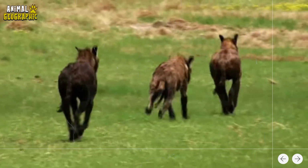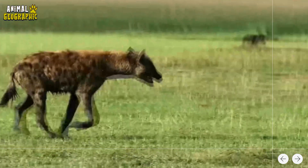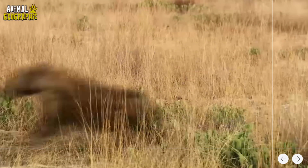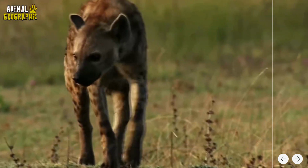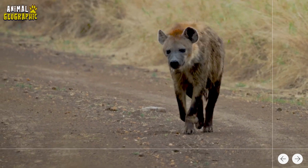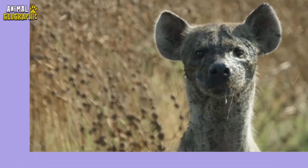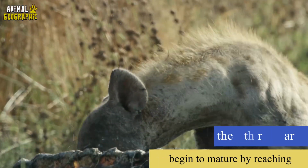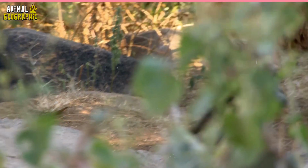Hyenas have a high running speed because their front legs extend longer than their hind legs, which gives them the ability to run and walk. But while walking, they always seem to limp uphill. The maturity stage. The features of the cubs begin to mature by reaching their 3rd year, as their heads appear